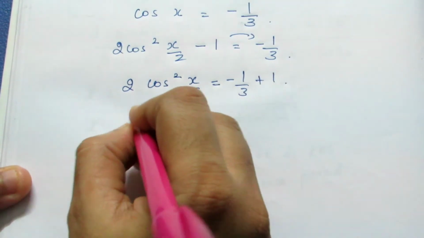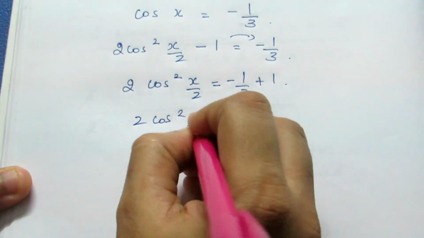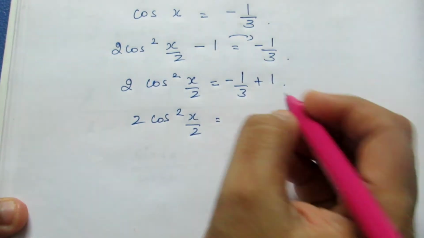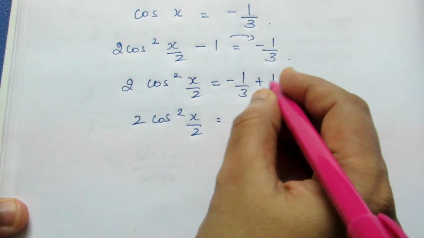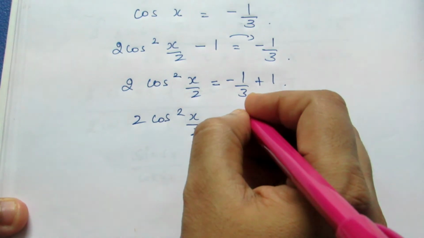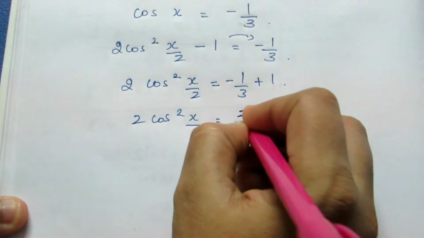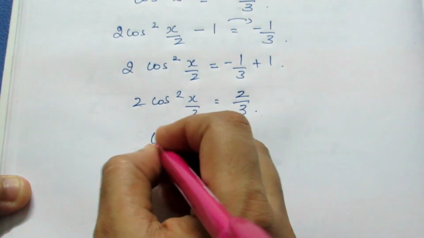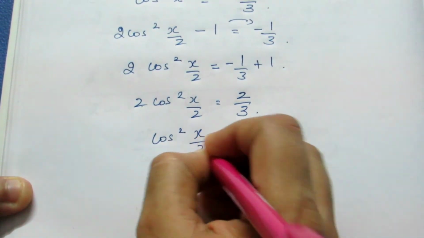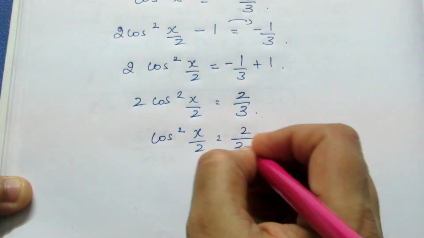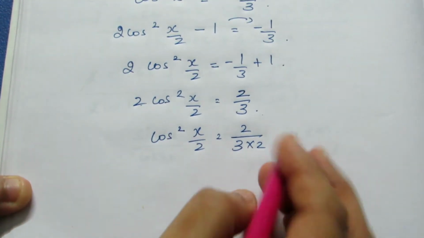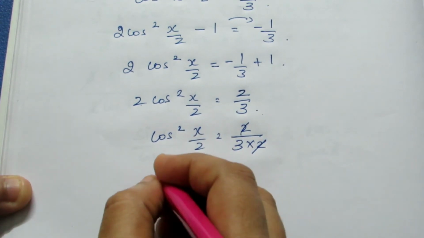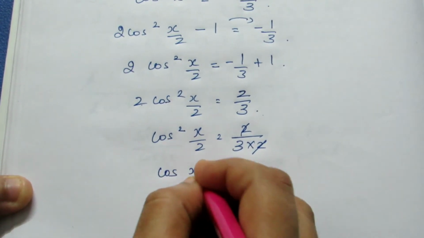Taking LCM, it becomes minus 1 plus 3 over 3, which is 2 by 3. I am bringing this 2 to the other side, where it becomes divide, so 2 by 3 by 2. The 2 cancels. Taking square root on both sides, I get